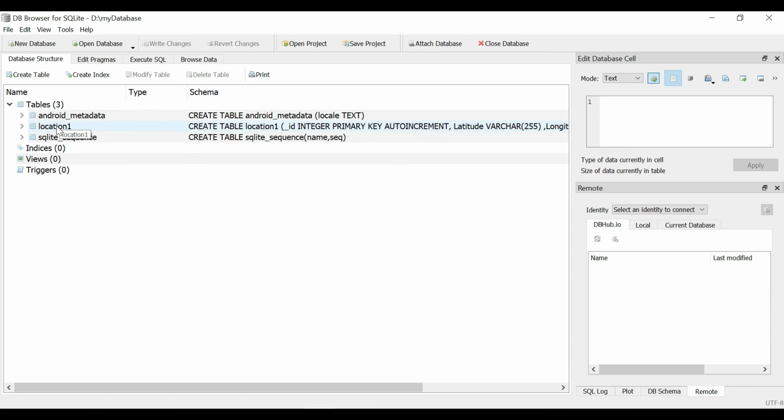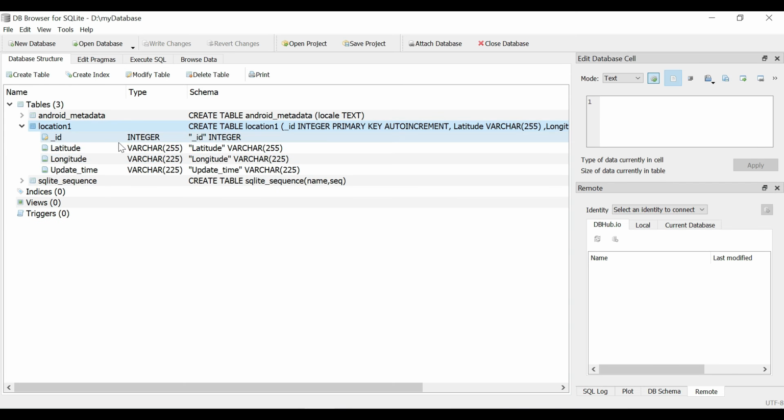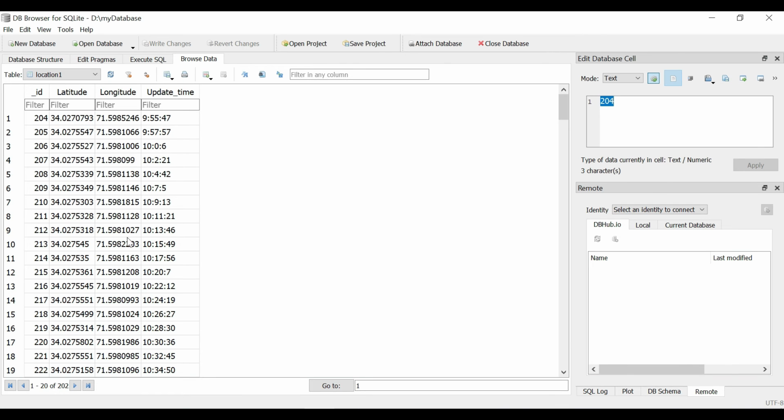So this is the table location 1 where I have saved user current location data. And these are the fields: ID, latitude, longitude and update time. Right click on this table name and click browse table. So this is the data